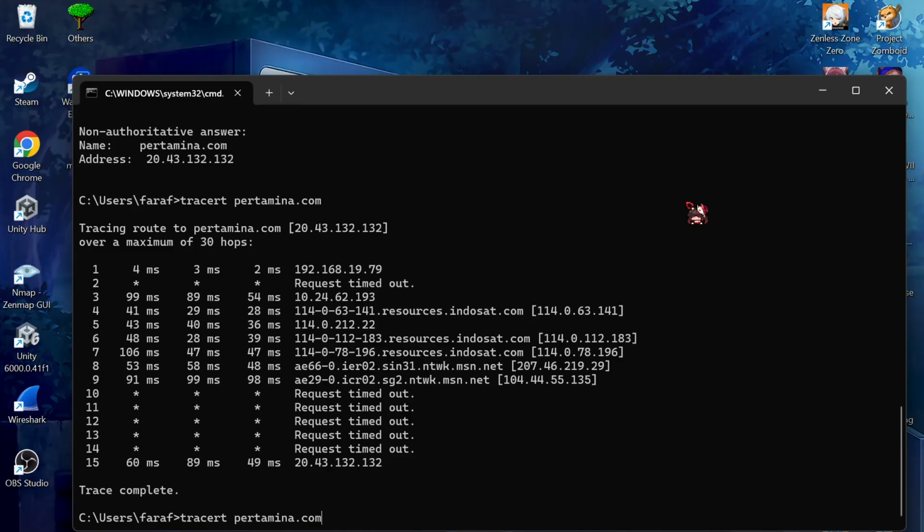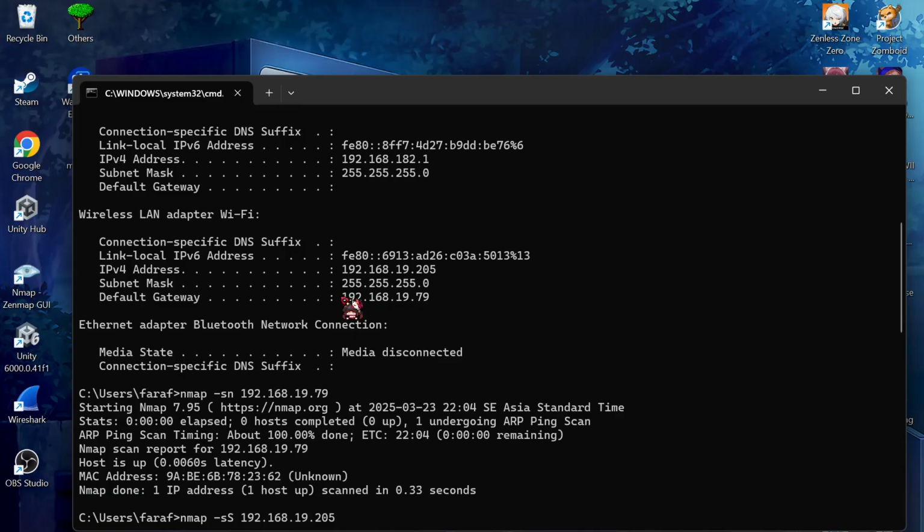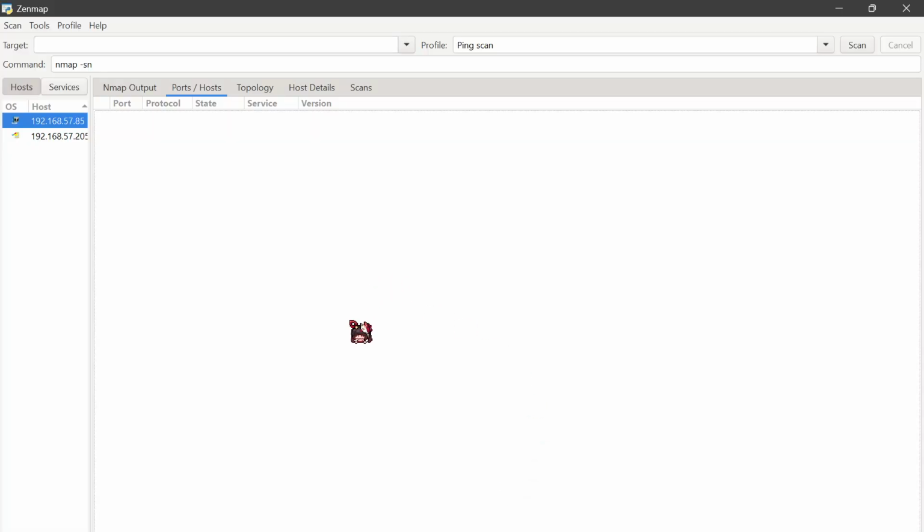Okay, the next task, we scan with Zenmap. First, we copy the default gateway IP with Ctrl+C. Then we open Zenmap.